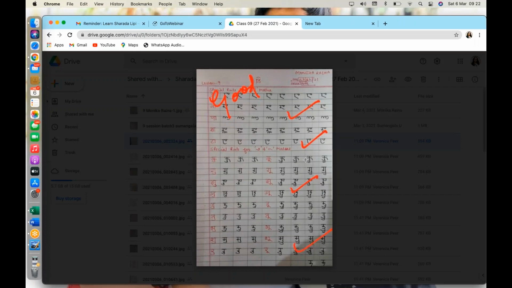So I would request everyone to make a special note or write it in a different color. Make notes very clean from now on, because these will take a little time for you to recollect or remember. So make sure that you really point out or mark these rules specifically on the materials that you're making, so it'll come in handy to you. As I said in the earlier homework also, and today's homework also, this particular homework is very neatly done, very nicely written.